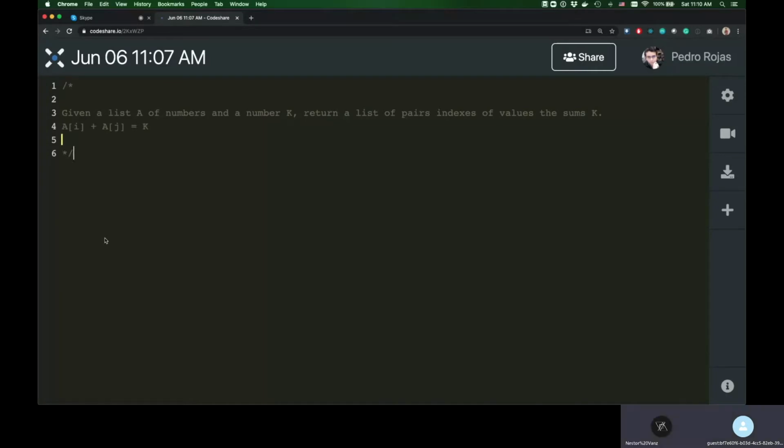Okay. Should I start? The problem is this. We are going to give you a list of numbers, only numbers, and a number k. You have to return a list of pairs of indexes of values that sum to k. I'll give you an example. I don't know if you know this problem. Let's say I give you k equal to 13, you have to find the indexes of the elements that